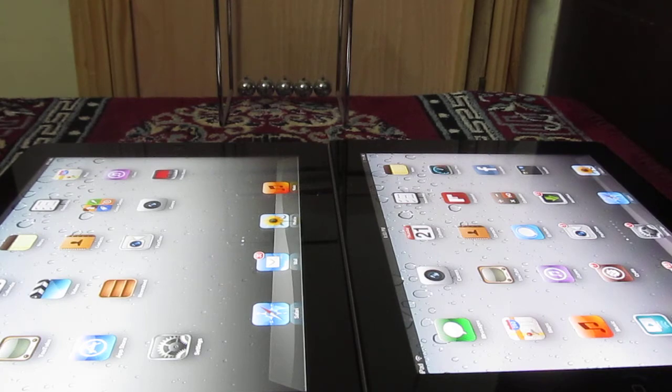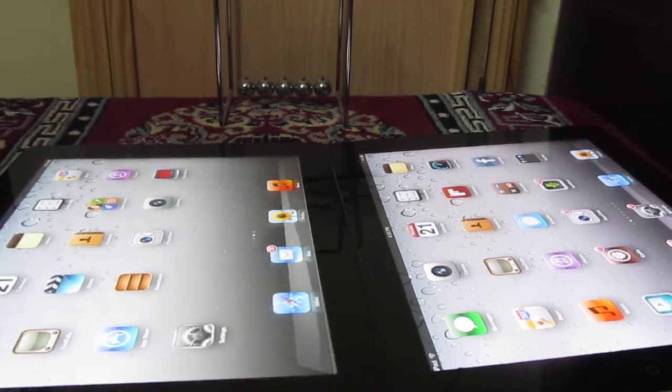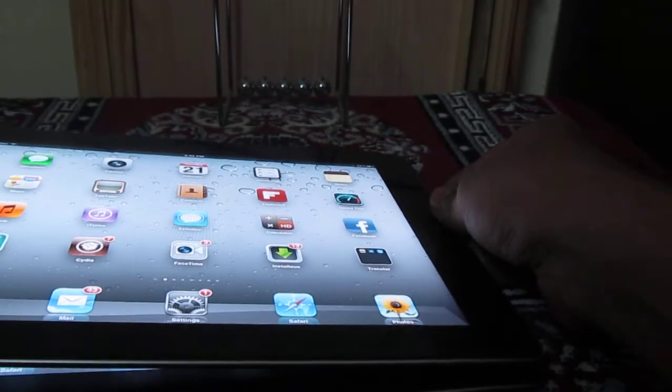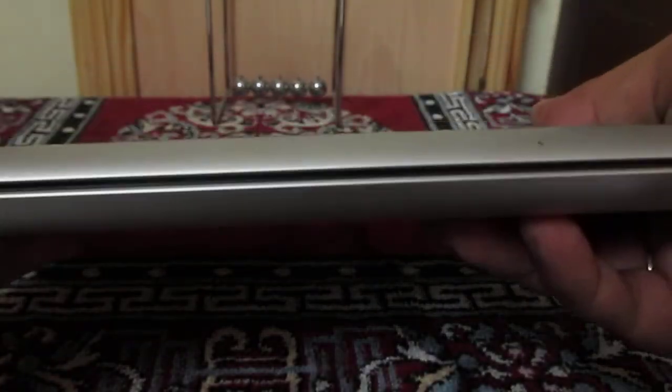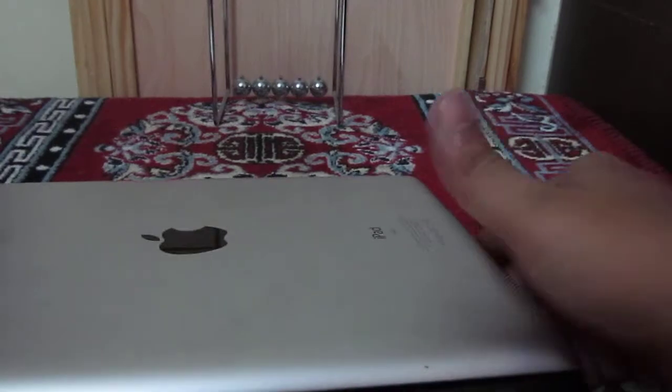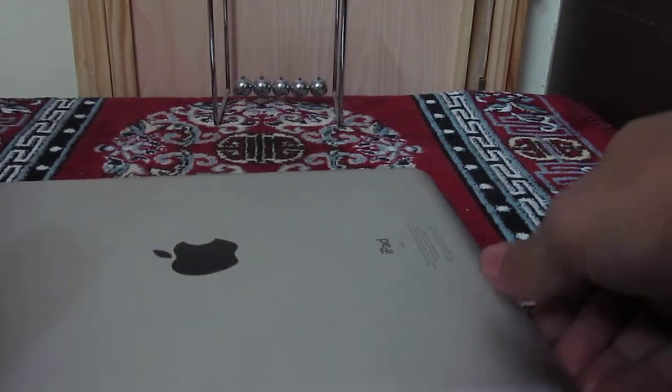The build of both the iPads is almost identical. There is a very little difference in the width of an iPad 2 and an iPad 3. And the iPad 3, because of the width and 4G, feels slightly heavier than the iPad 2.